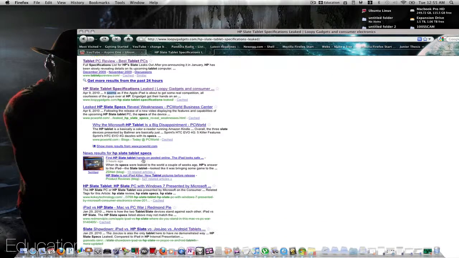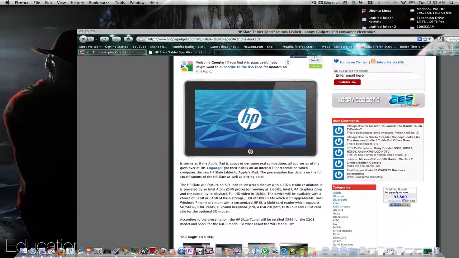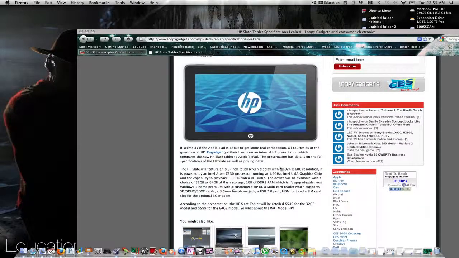I believe it has 2 gigs of RAM, which is really decent. And the nice thing is the cameras, like I've said. 8.9 touchscreen, 1024 by 600 resolution, which is really, really good. The processor could be better, which is why I think this should run the netbook edition of Ubuntu, which